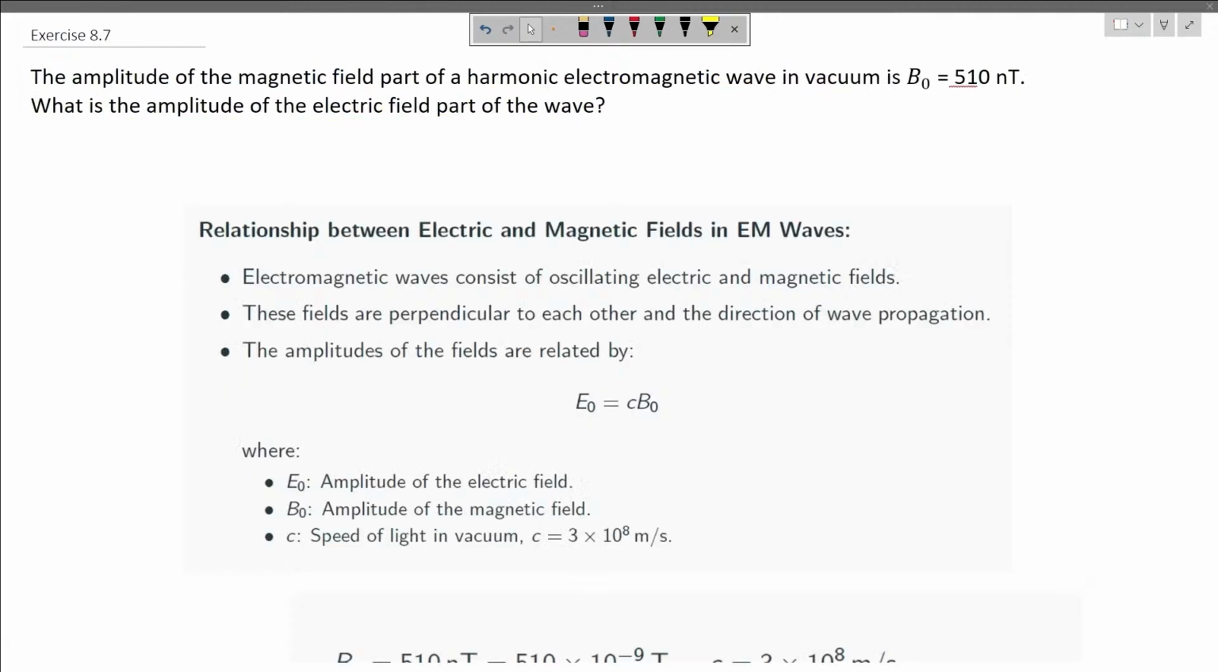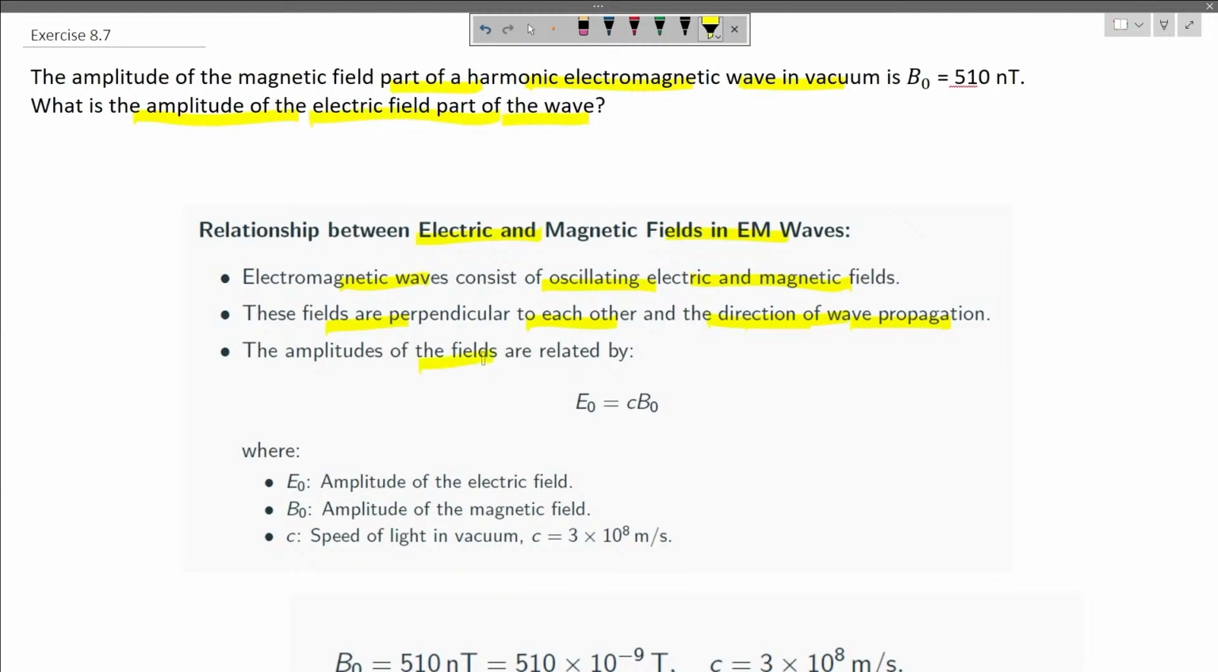The question says that the amplitude of the magnetic field part of the harmonic electromagnetic wave in vacuum is B naught equals 510 nanotesla. What is the amplitude of the electric field part of the wave? So we know that electric field and magnetic field are related, as an electromagnetic wave consists of oscillating electric and magnetic fields. These fields are perpendicular to each other, and